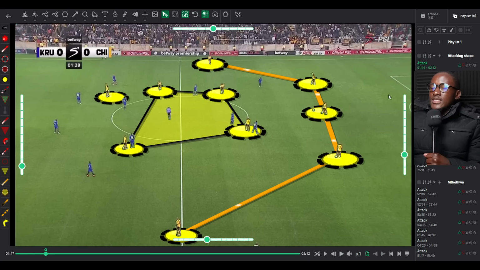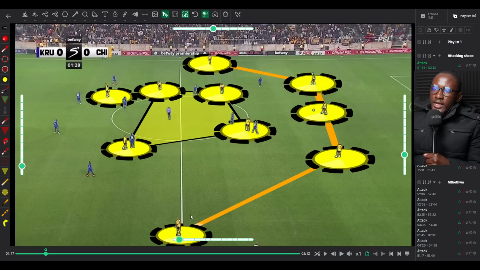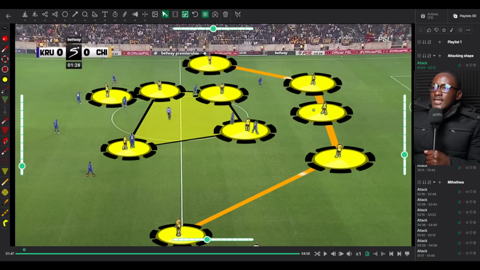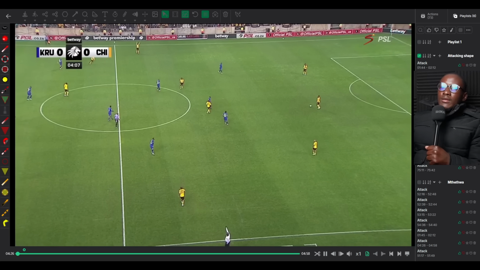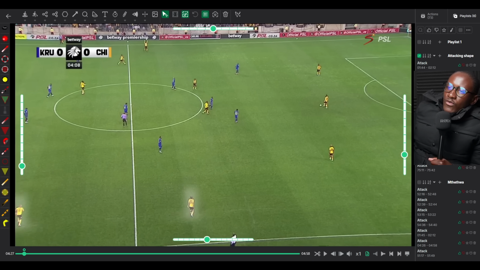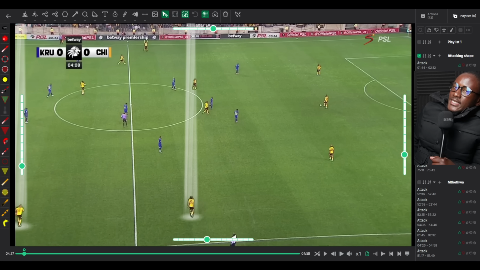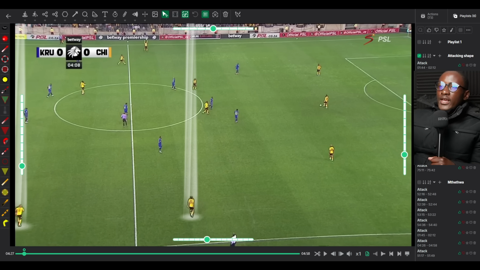In this way, as you can see, Chiefs have width. They stretch the pitch with Baartman down here, and they also stretch the pitch with Monyane up there. But in midfield, they're also concentrated. But how does this work in practice? Well, it works in a lot of ways, because I just showed you Chislett and Baartman moving, Chislett being a 10, but we'll also see Chislett drifting wide and allowing Baartman to go in, and in that way that constant movement also confuses the defenders.